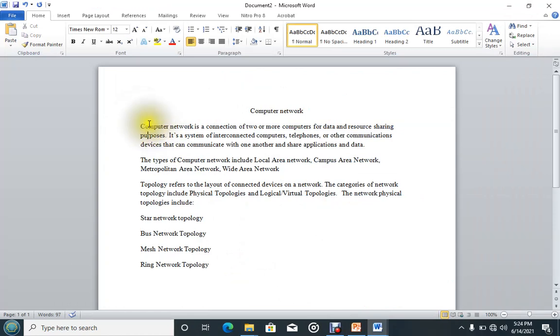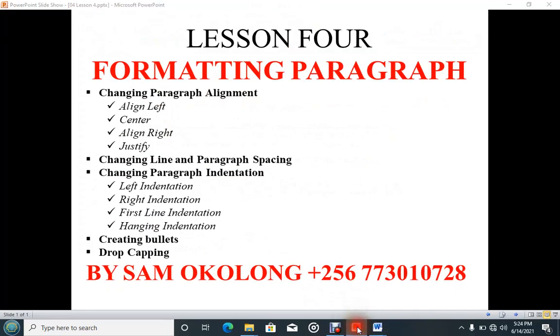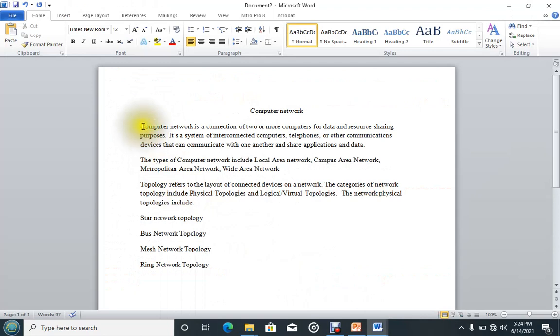So we are going to begin with the first one, which is left indentation, and we are going to apply left indentation to the first paragraph here. In case we want to move this paragraph towards the center from the left, we apply what's called the left indentation. So that means that I will first select this first paragraph.